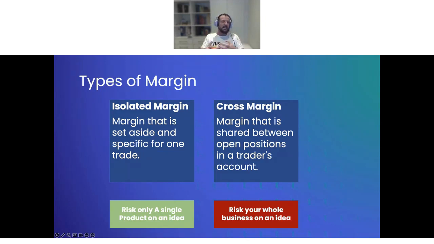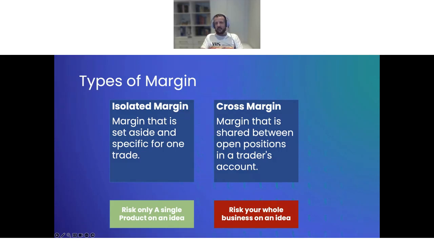The reason I say that is that when you utilize cross margin, all the positions you have open are basically exposed to your portfolio. However, isolated margin, which is what we'll be utilizing going forward in everything we talk about, allows you to mitigate and limit the amount that you want to risk. It's like taking a specific loan as a business owner, not an indefinite loan where you don't know how much you're going to have to pay back depending on what happens in the market.